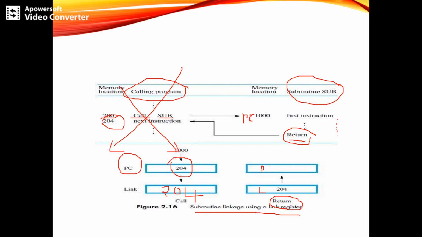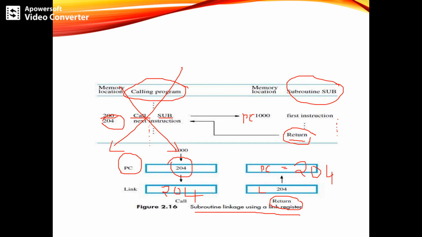So now during the call return instruction, the content of the link register will be copied into the PC, so that is nothing but 204. During the call instruction, the content of the PC will be copied into the link register. During the return instruction, from the link register, once again the value will be copied into the program counter or PC. After that the actual execution of the main program takes place. So this is how the subroutine works.